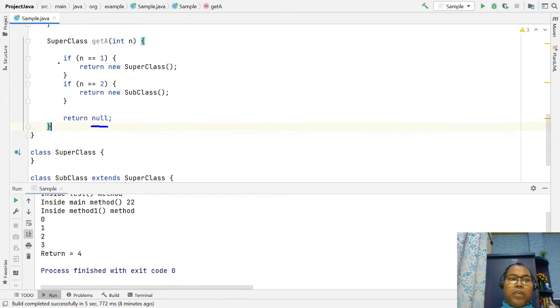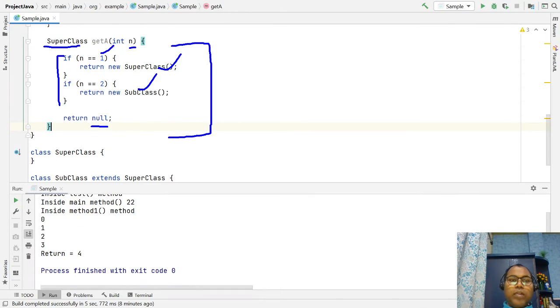Let's make sure that whenever you are writing a method, in all situations it must return something. If your number is 1, then you return this class. If your number is 2, you return this class. Let's say number 3, then what should your method return? We have to cover all possible scenarios.